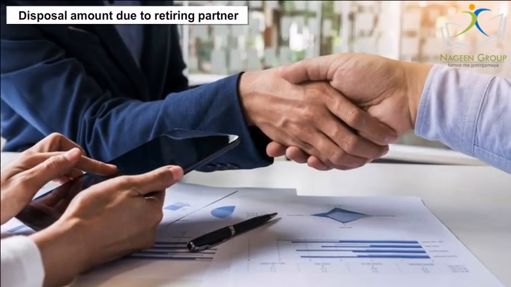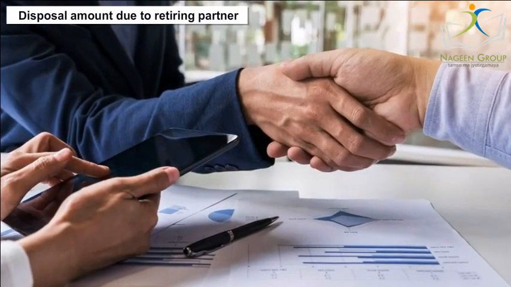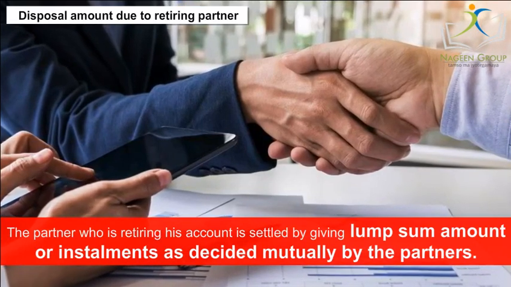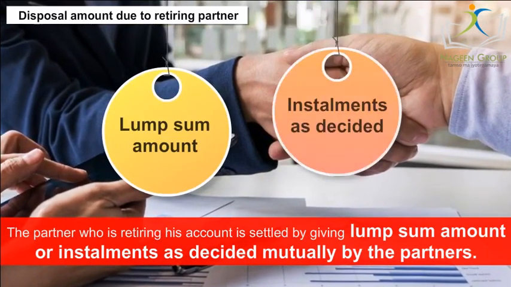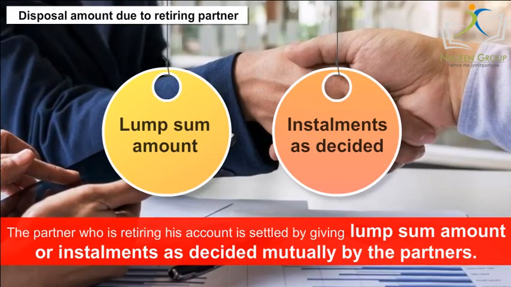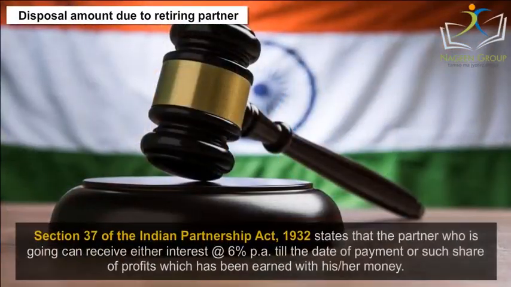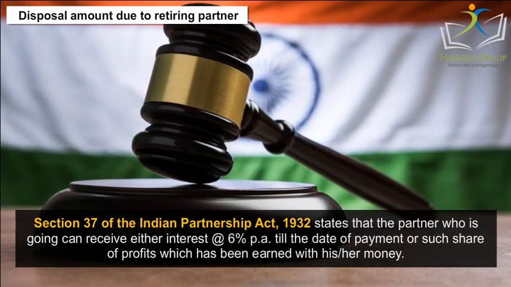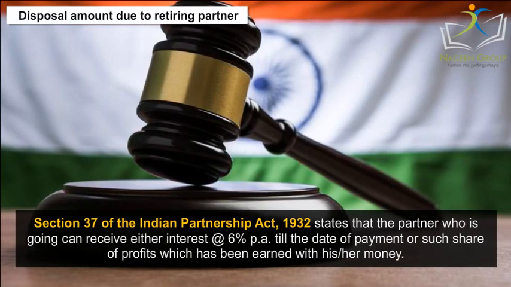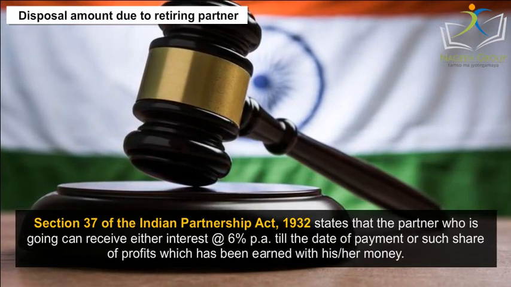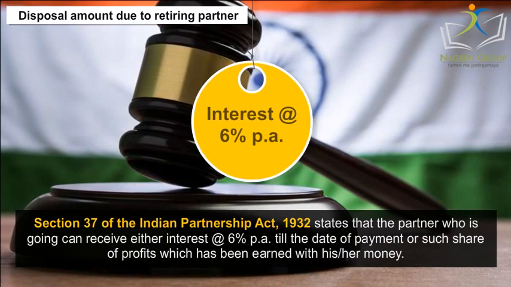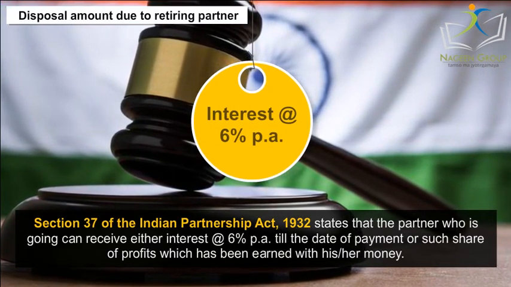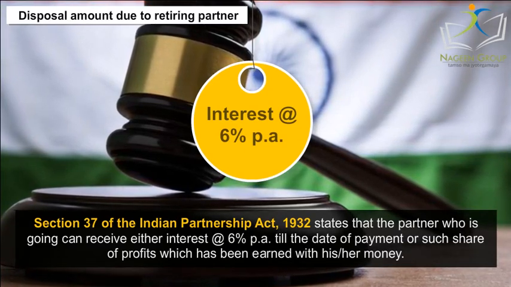Disposal of amount due to retiring partner. The partner who is retiring has his account settled by giving a lump sum amount or installments as decided mutually by the partners. Section 37 of the Indian Partnership Act 1932 states that the partner who is going can receive either interest at 6% per annum till the date of payment or such share of profits which has been earned with